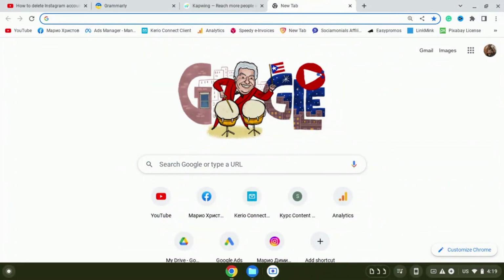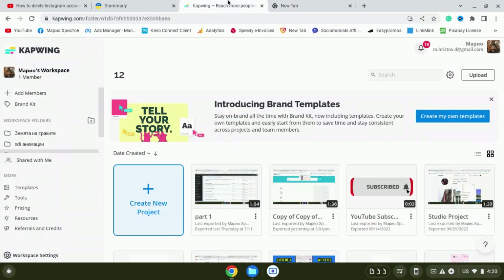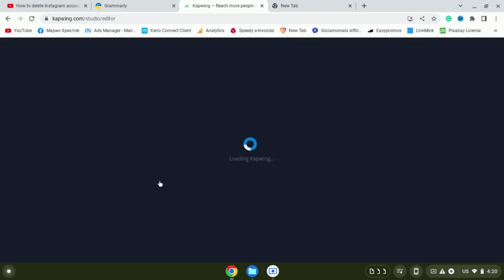The tool I'm suggesting in this video is an extremely powerful free video editor, but I will cover only how to use it to combine videos and how to cut them. So let's get started. We open Capwing. We make a registration on capwing.com, link in the description, and you end on a page something like that. We create a new project,